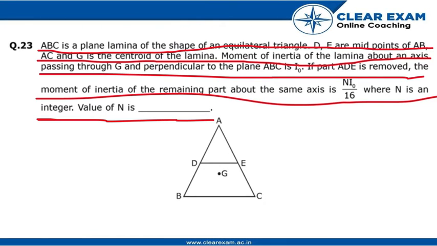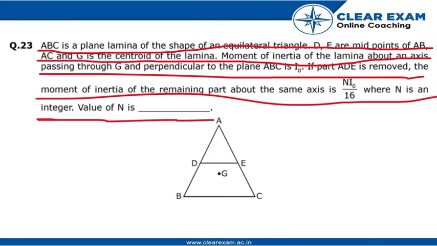So now let's check the solution. We can say if m is the mass of the lamina and l is its side length, then the moment of inertia of the lamina about an axis passing through G and perpendicular to the plane is I0. Let I0 equal k m l square, and I DEF equals k m by 4 into l by 2 whole square,